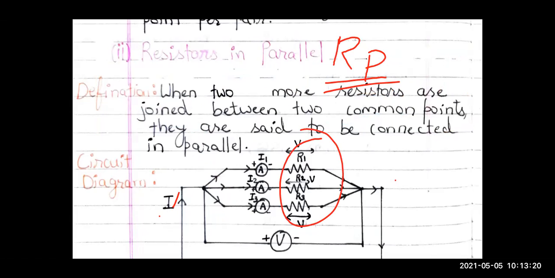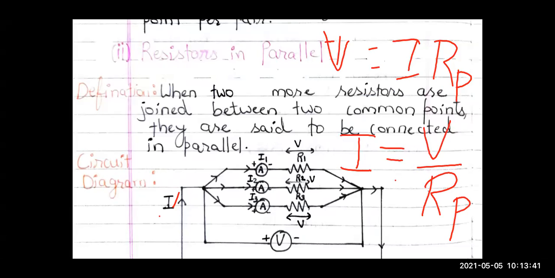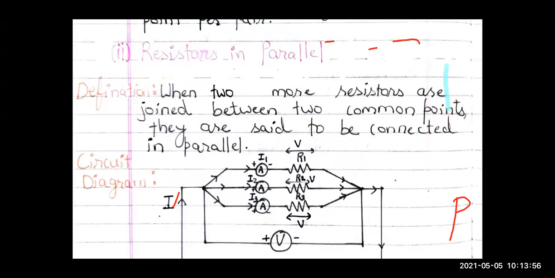So let's start. Again, Ohm's law we will use. Children, we know Ohm's law: V equals IR. But here it is in parallel, so I am putting a P over here. Can I make I subject of formula from here? Can I write I equals V upon Rp? Yes, I equals V by Rp. This is Ohm's law, na? V equals IR, but I will write Rp because they are connected in parallel. And if we make I subject of formula, I equals V upon Rp, right? Chalo. With this, we will proceed further.